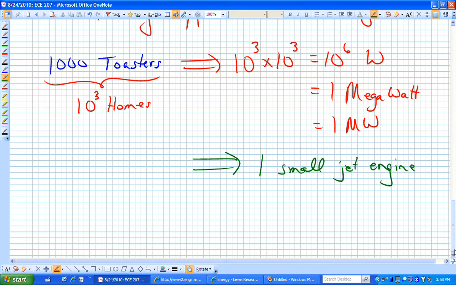So if you had 1,000 homes, the average power load or demand is the equivalent, roughly, of one jet engine, what it would consume if it was on 24/7, 365 days a year. But it's going to have 1 megawatt. So if somebody starts talking about megawatts, now you go, oh, that's a jet. If they talk about kilowatts, 300, you go, oh, that's like 300 homes, or that's like 300 toasters, or that's